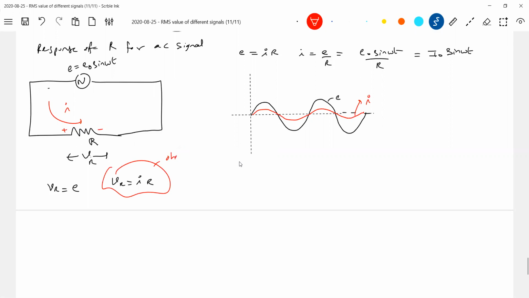You have to directly come back to the basic current density Ohm's law across the resistor. How are voltage and current? Shall I say in phase? In phase means both are having the same phase here. So across the resistor, E and I, or select VR and I, are in phase.